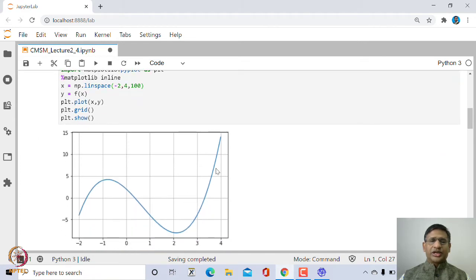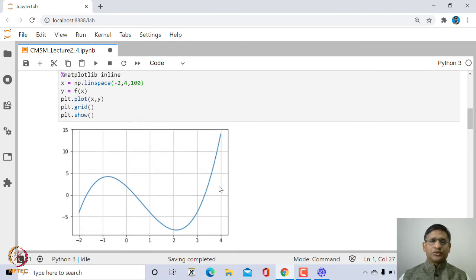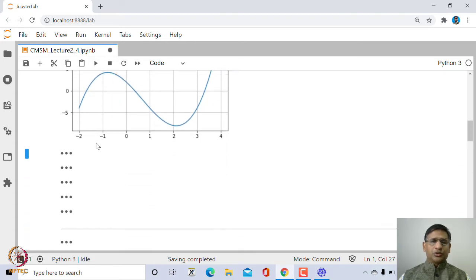This is how the graph looks, and we have put grids so that we can locate its roots. There is a root between -2 and -1 somewhere here, also a root between 0 and 1, and a root between 3 and 4. So we want to locate these roots.